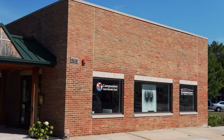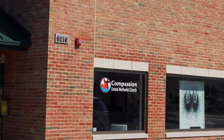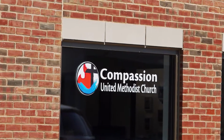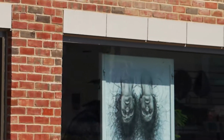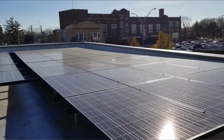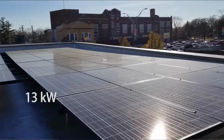In 2017, the Compassion congregation bought a 90-year-old dry cleaning building in Brookfield and converted it into a beautiful new worship space which hosts the Compassion Factory, an art gallery and teaching studio for adults and children. During the renovation, we installed a system of 50 photovoltaic panels